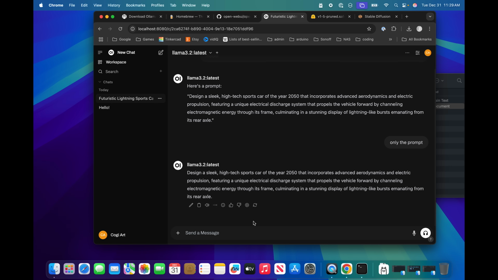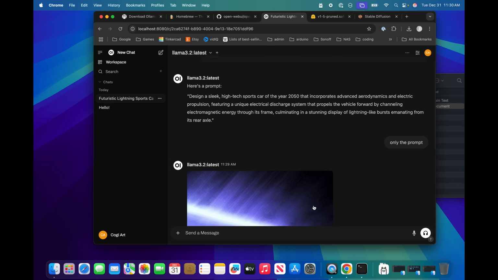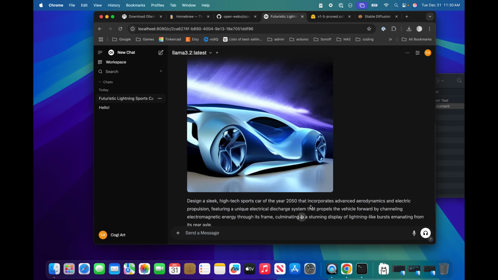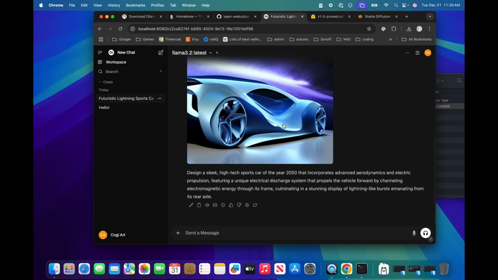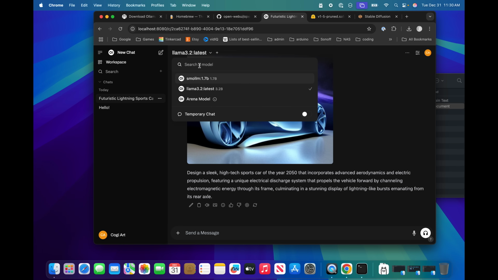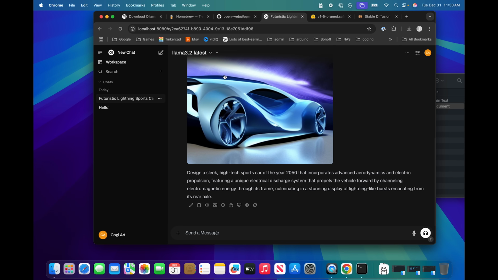Now it's asking the image generator to make an image. It might turn out good or bad, not sure. This is generative AI. Okay, did something. Looks a little weird. It's like a car and then some lightning above it, or whatever that is. But it's pretty cool. This is as far as we can go with the images and the text. If you want, you can download more models through the terminal or the Open Web UI.